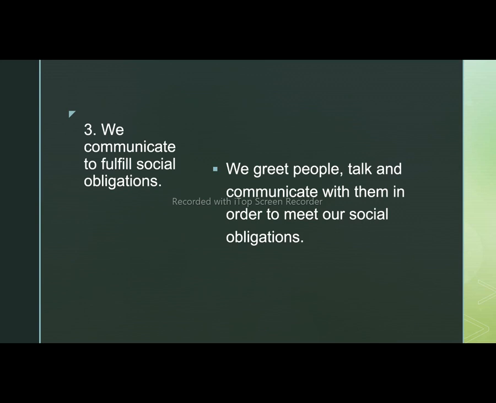And those social obligations depend from one person to another. Like you have a different social obligation to your classmates than to your friends. And of course, you have a different social obligation to your parents compared to your instructors. And the way that you talk with them depends heavily on what type of obligation you have with those people. There are people that you are going to greet because you feel obliged to greet that person. One example of this is your instructor.